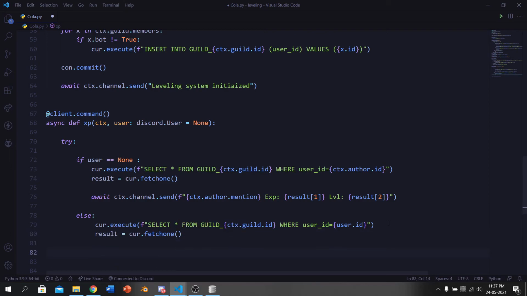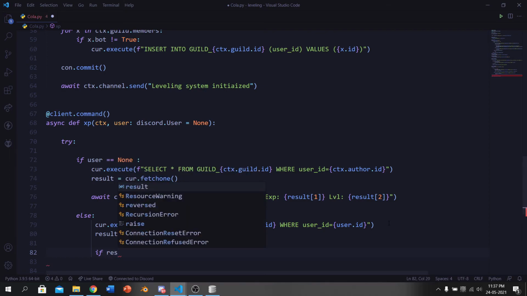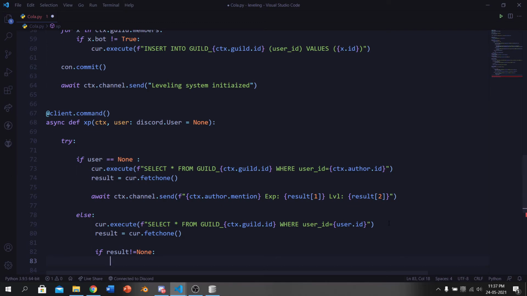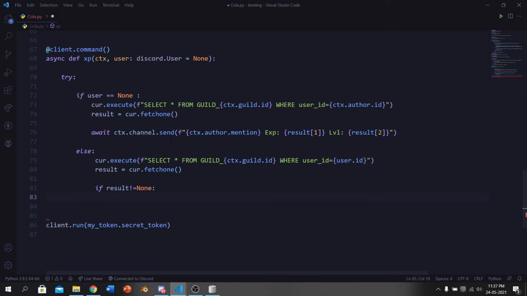Now let's check if the result is not null, because sometimes if the member is not in the server, then you get result as None. So result not None, then we send the data. So we can use this. So instead of author.mention, we'll do user.mention and